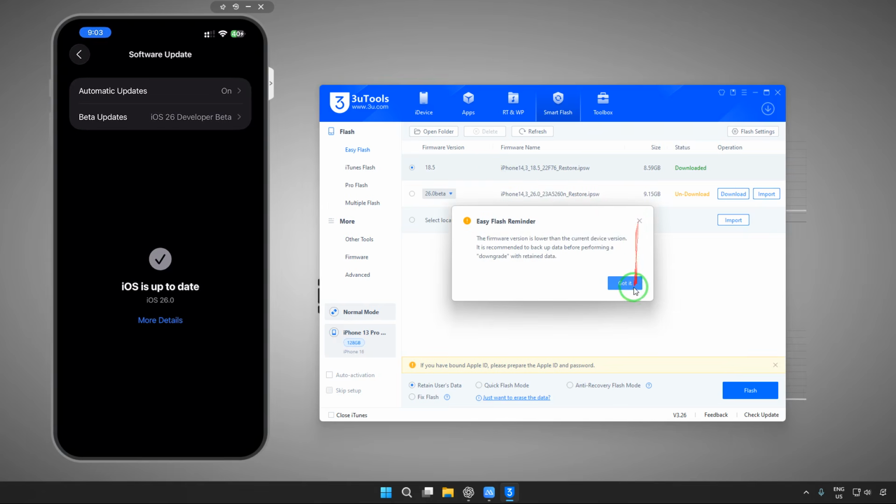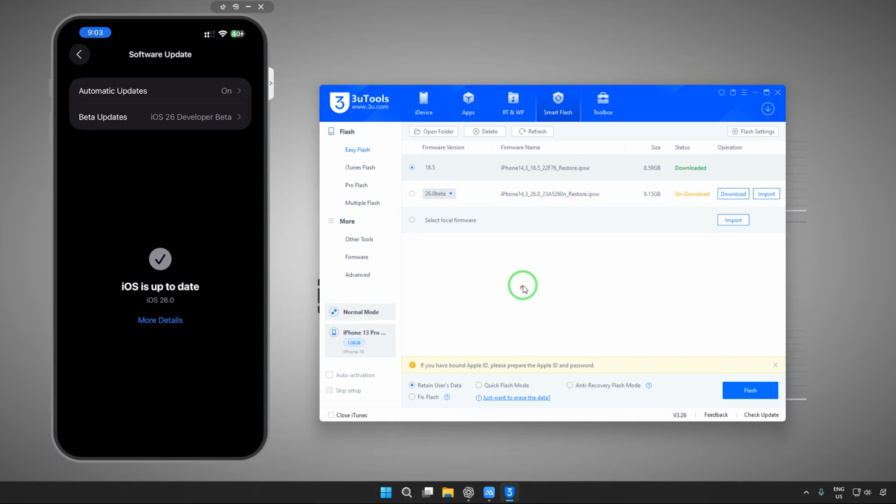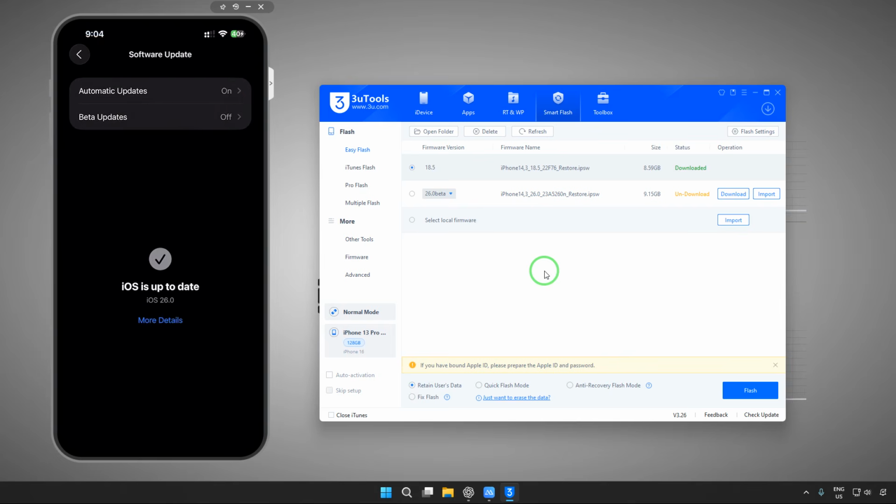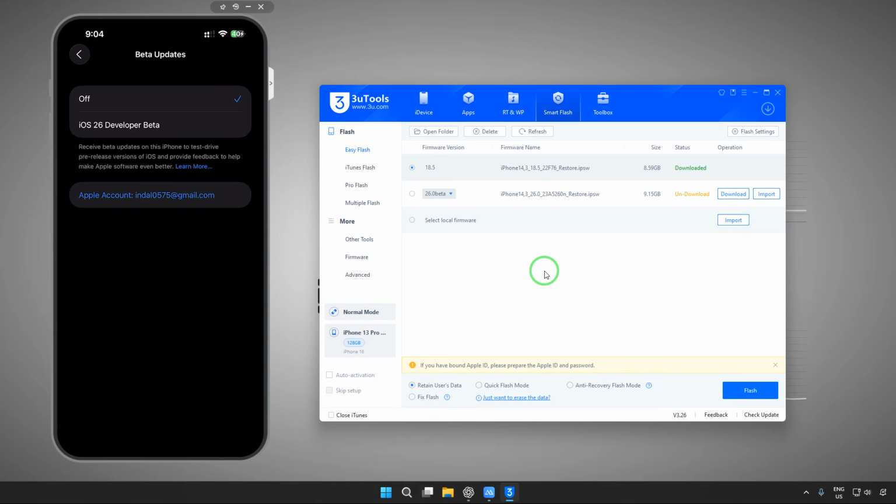So without losing any data, how would I go? Yes, this can be very easy, guys. Firstly we will enable Automatic, then if it is enabled, we will come to Developer. In Developer, if we turn this off, then we will be able to come to Automatic here. It is not coming, so now we will once again come to Beta and select this Developer option, because we don't have any further options. Now here, what we will do, guys, on 18.6 and 18.5,